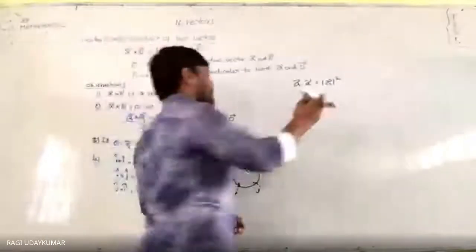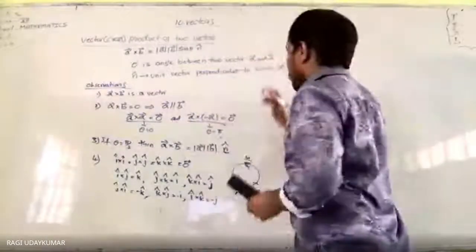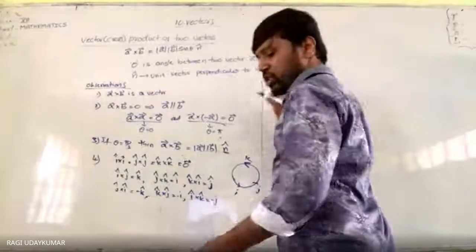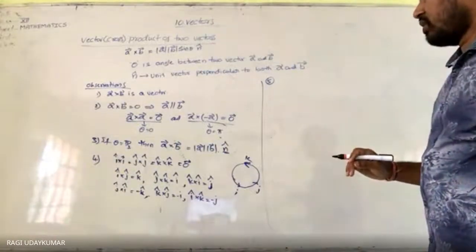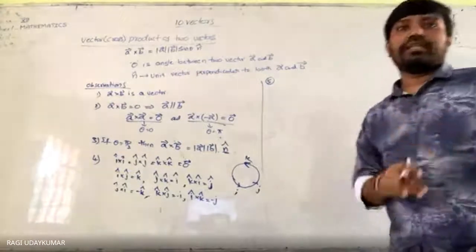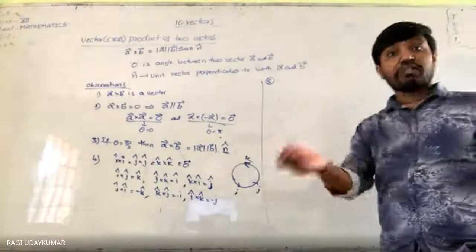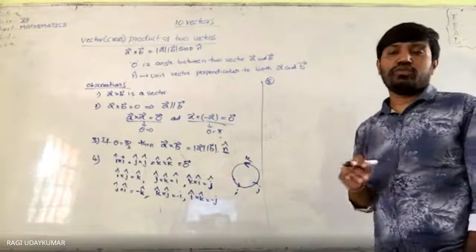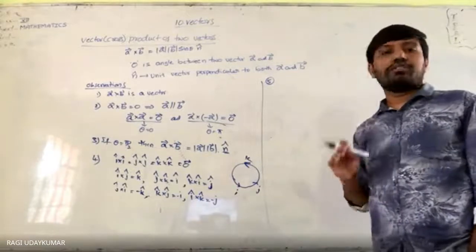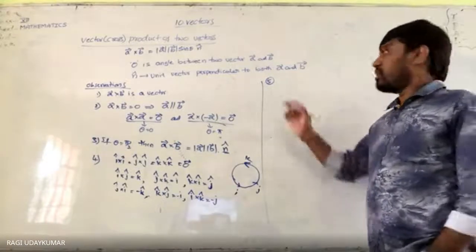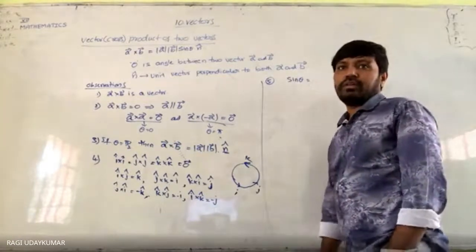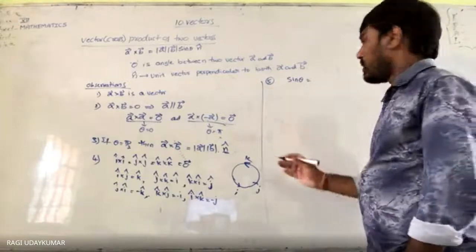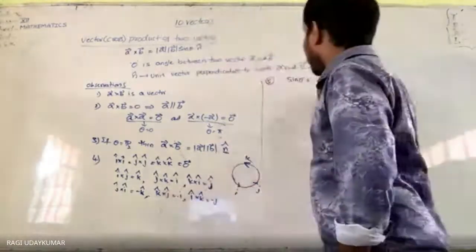Next, here there are so many things to remember in the cross product, but it is not very difficult to do. So now what is left over? The angle between the two vectors. In terms of the vector cross product, if you want to find out the angle between the two vectors, suppose your dot product is not given to you and the cross product is given to you, then sin theta should be used to find the angle between the two vectors.